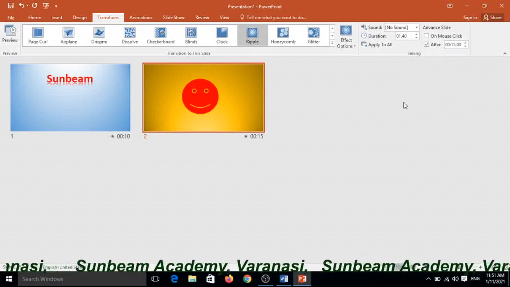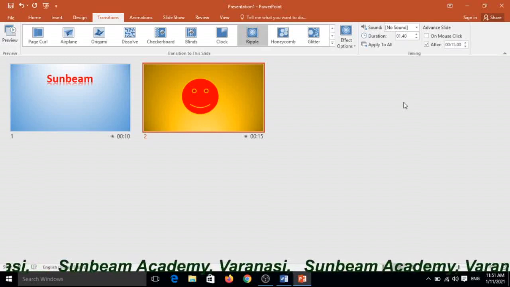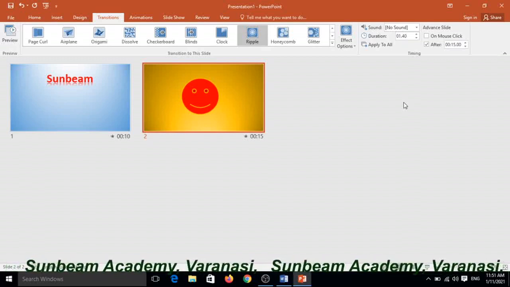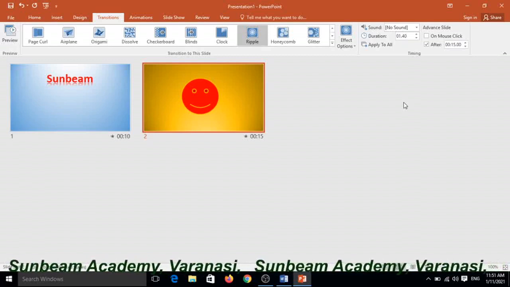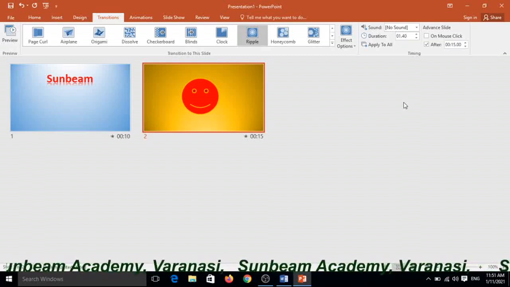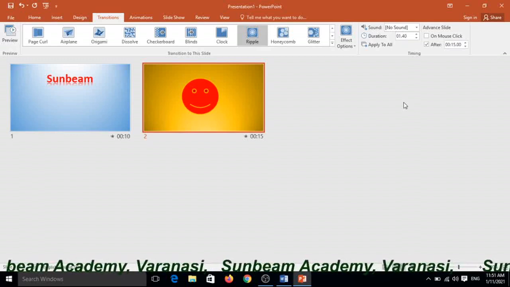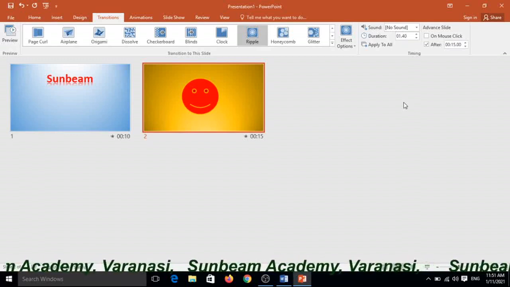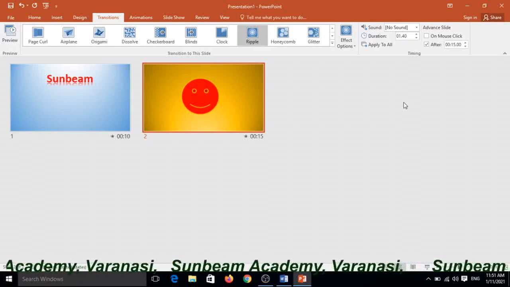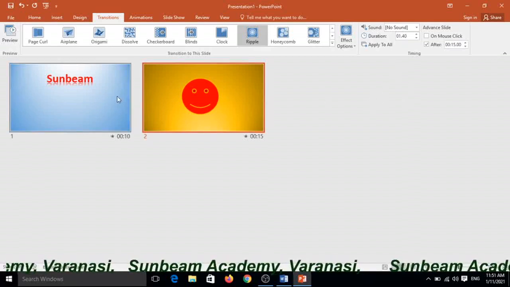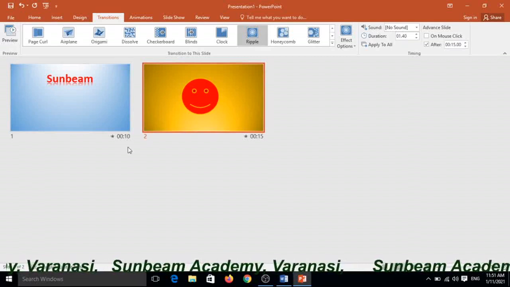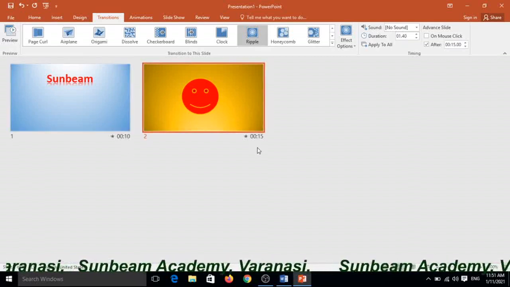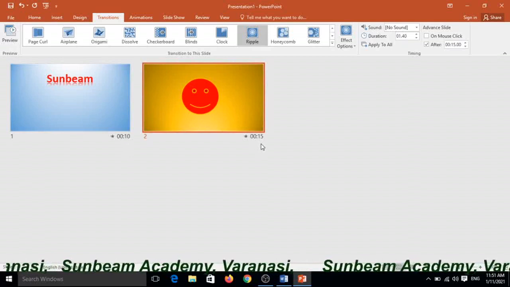It will automatically exit because here there are only two slides. If you want to repeat once again, keep 1 and 2, 1 and 2, and it will go continuously. That is the other method to set the slide timing. Here the first slide will be shown, then after 10 seconds it will show the second slide, then after 15 seconds it will exit from the slide show.